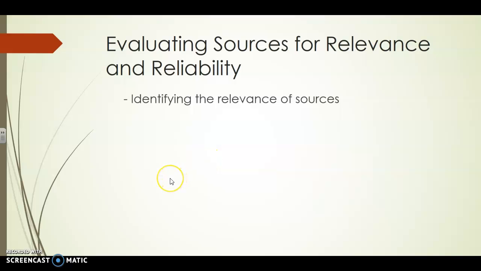Let's start with a book. Let's say you have a book and you have a couple of minutes to decide whether that book is relevant for your research. A couple of things. First, you check out the title, whether the title seems to be relevant or not. Then look at the table of contents and look at the specific chapter titles. And if those titles make you think that this could be a relevant book,